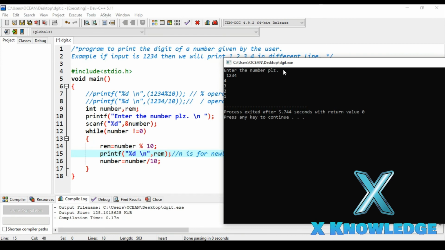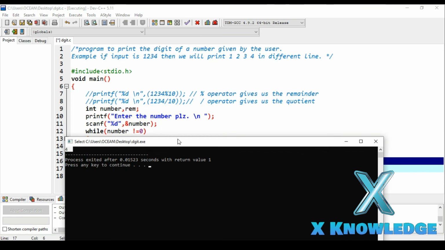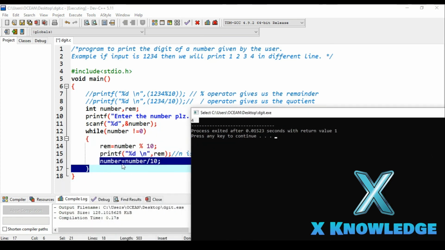So let me discuss once again how this happened. In the first iteration, this modulo operator gives us the remainder, and due to this operator we got 4 in this variable, and we have used the printf function of the stdio.h library to print the rem value on the output screen. That's the reason 4 got printed here. Now in the next line, the num value got updated, like num is equal to num div 10, and the output of this expression, 1 2 3 4 div 10, gives us 1 2 3. So the updated value of number will be 1 2 3, and so on.